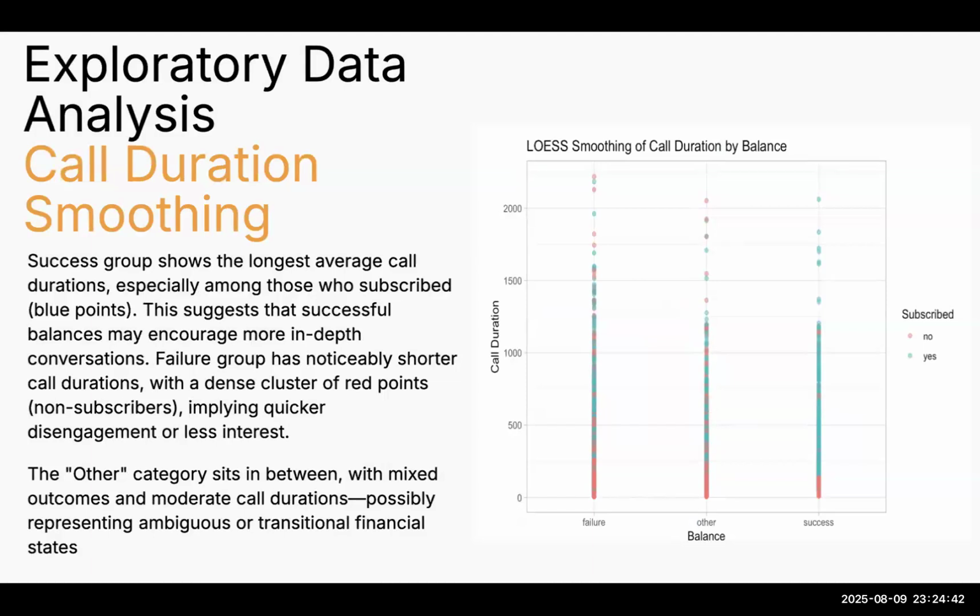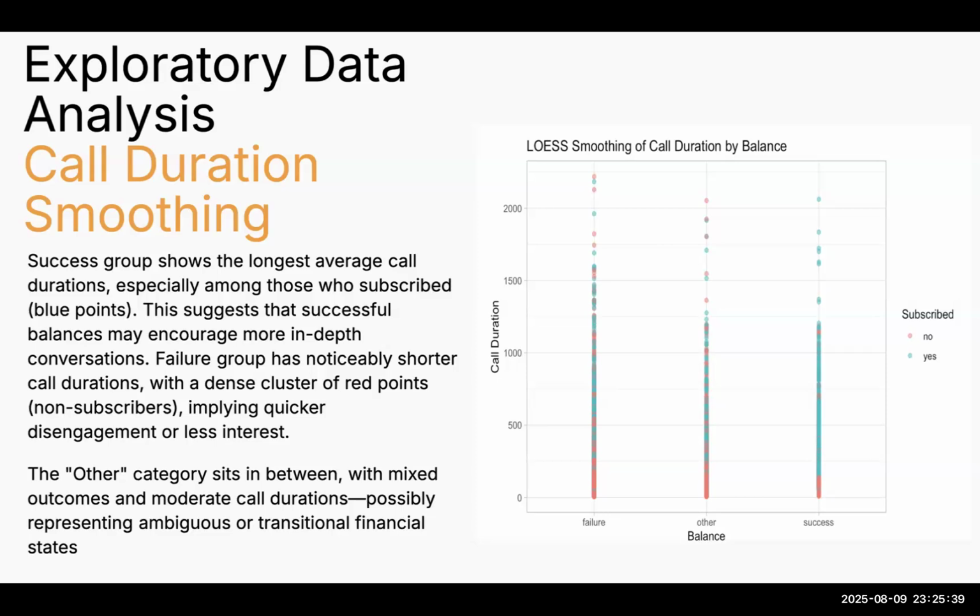And so this is also trying to compare the previous campaign outcome with call duration. It shows that those that listen for a longer period, about 1200 seconds, are actually in the yes category. And for those that did not subscribe, the failure group in the previous campaign outcome, if you look at the failure scatter plot there, towards the end of it, the base of it is red. It shows that those that did not subscribe did not listen long enough. And if you look at it, it's spotted across that one. But it clearly shows that those that we were successful with in our previous outcome listen more,